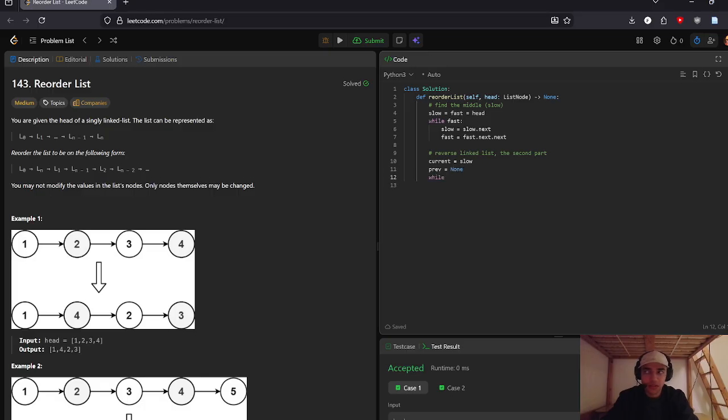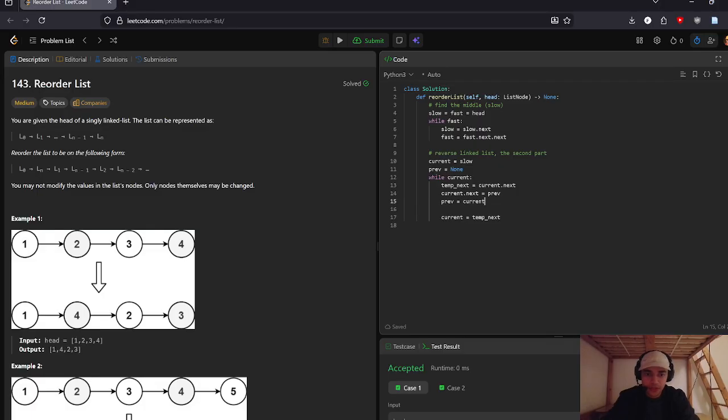So while current is not None, we'll just use a temporary next equals current.next, and we can just use this in the end. So we do current equals temporary next. That's why we saved it. Now we can change the current.next to the previous. Current.next equals previous,